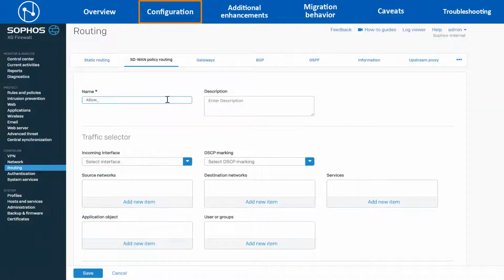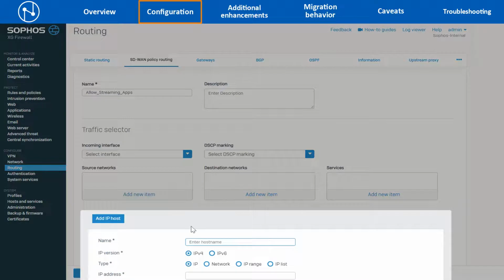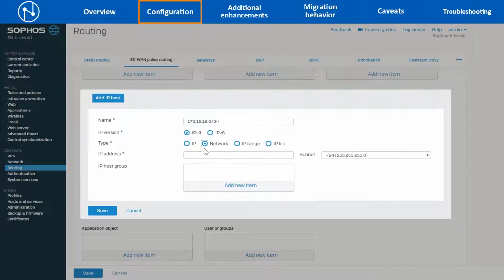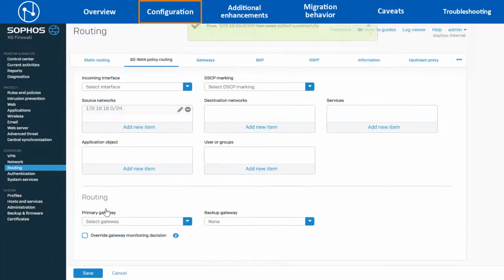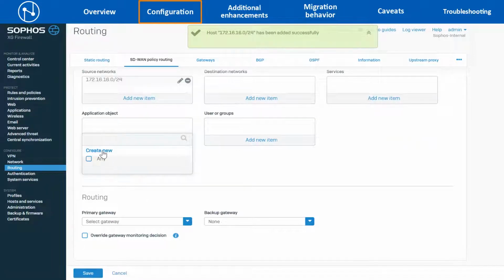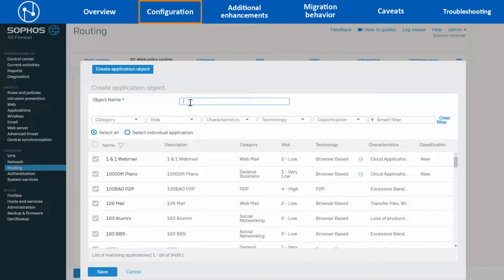Enter an appropriate name, and under the Source Network section, we create a new IP host object for the LAN subnet range 172.16.16.0 with a subnet range of /24. Under the Application Objects section, we create a new application object by giving an appropriate name.